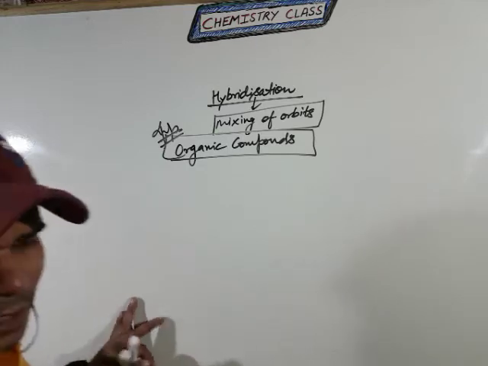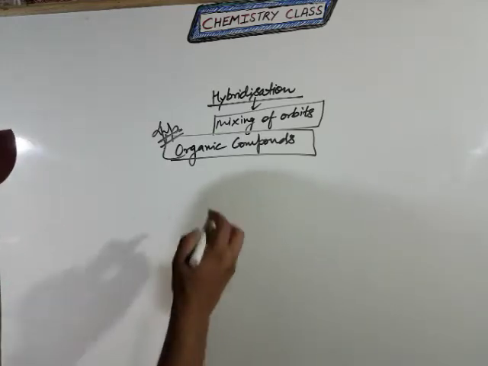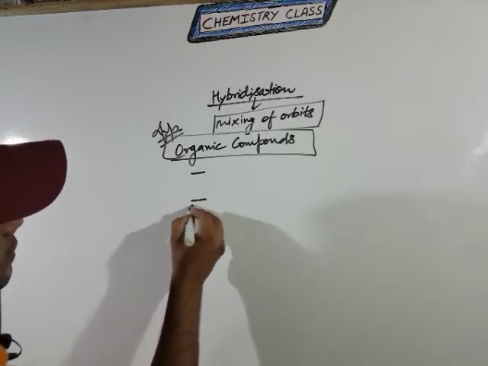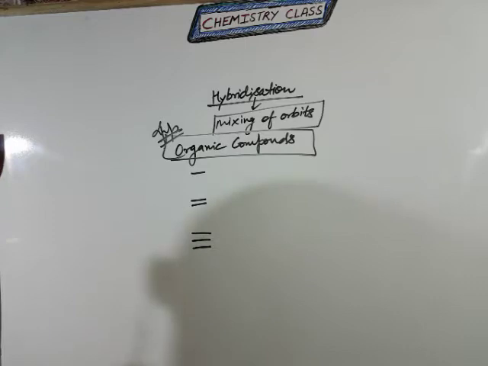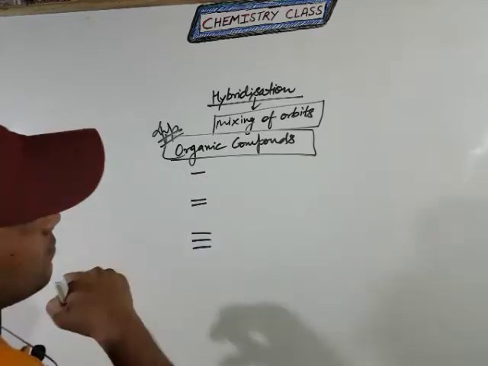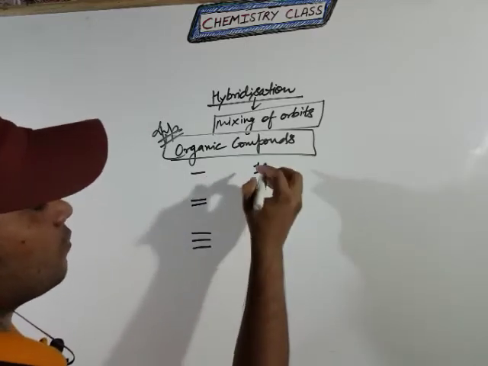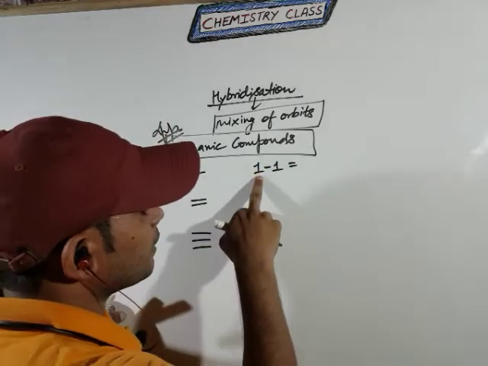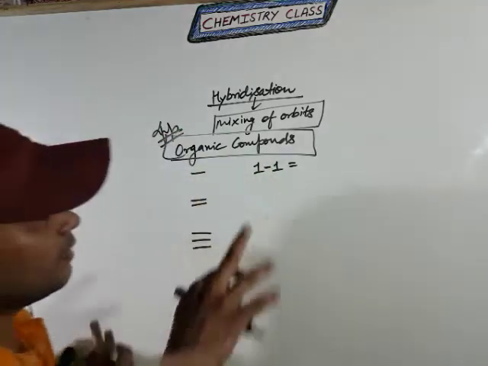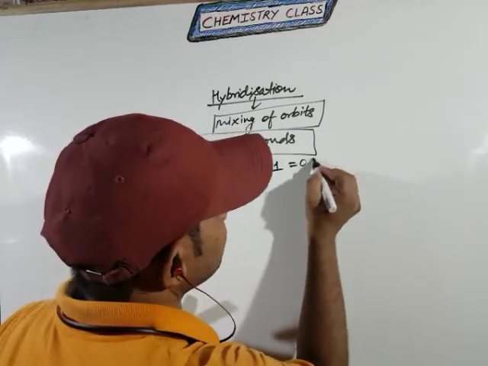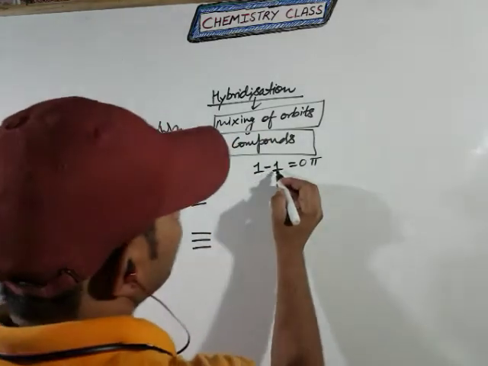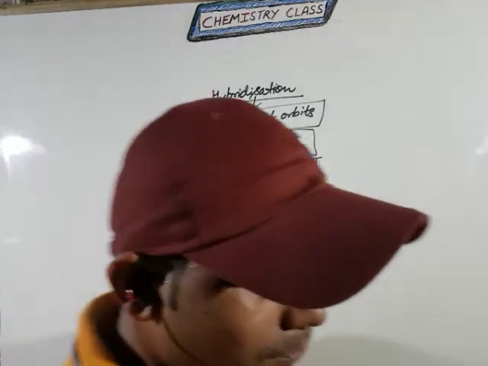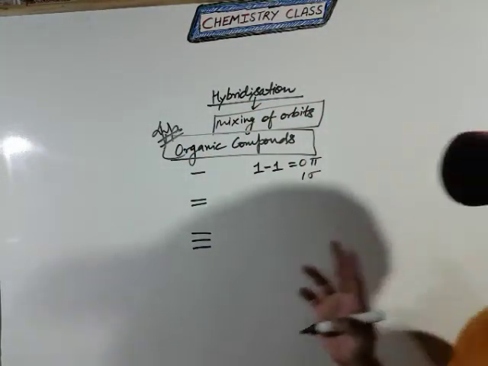first we need to know about sigma and pi bonds. So students, there is one trick. It is a single bond, double bond and triple bond. So how many total bonds? It is one. First you minus this. Clear? So total bond is 1 and automatically you will minus 1, so it will come 0. So in this case 0 is pi bond, and how much minus? 1 is sigma bond. So this is the very important trick for calculating the sigma and pi bonds in